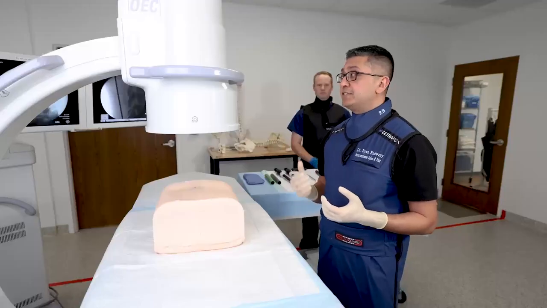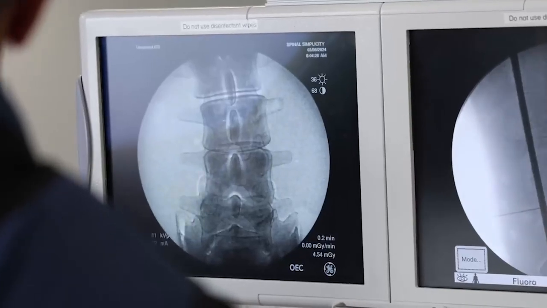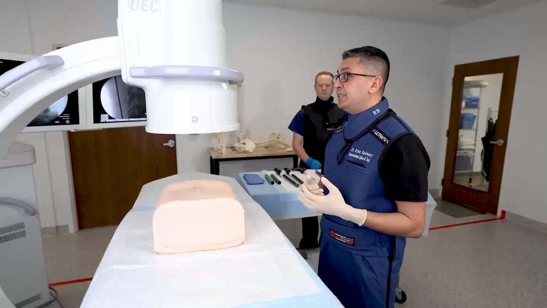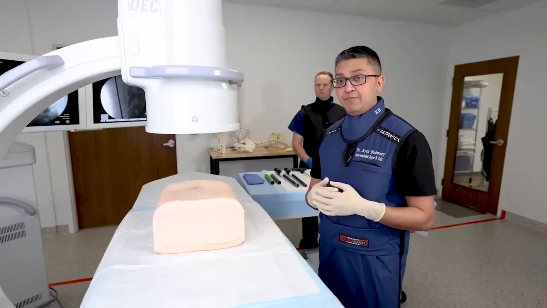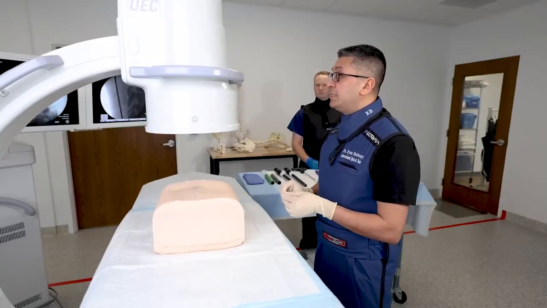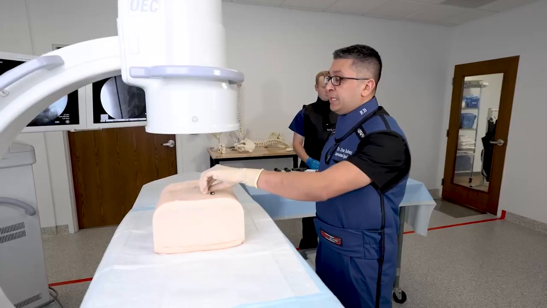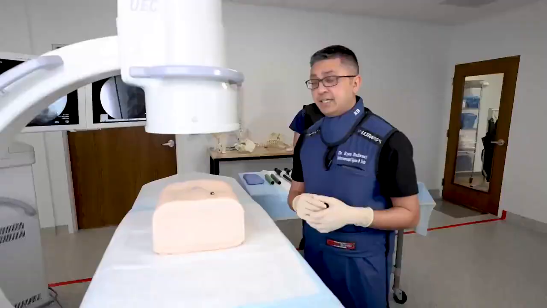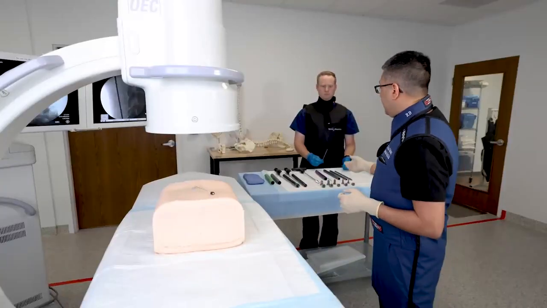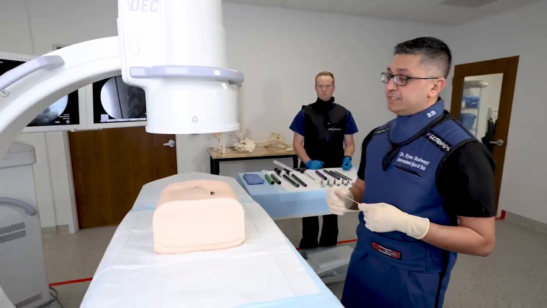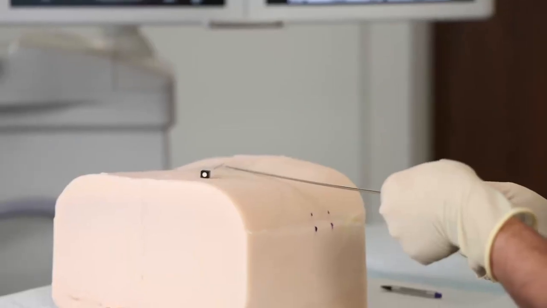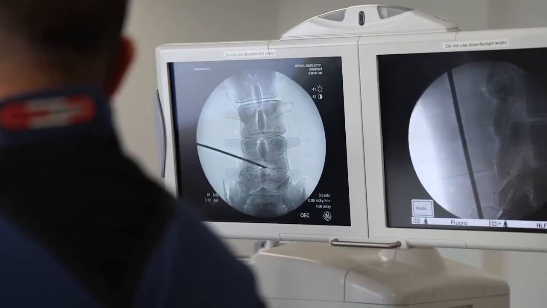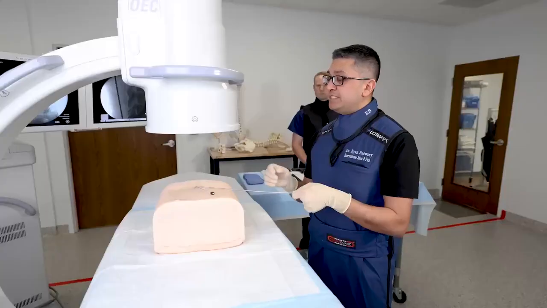So the initial picture is going to be the AP picture. That's important because in our lab today, our goal is to put the implant in between L4 and L5. And so we start off with a radiopaque instrument that can help us identify that picture. As you can see on that instrumentation, I can also use the guide pin if you need something a little bit more radiopaque to demonstrate that picture. And that's kind of where we want our insertion point for that spinal needle.